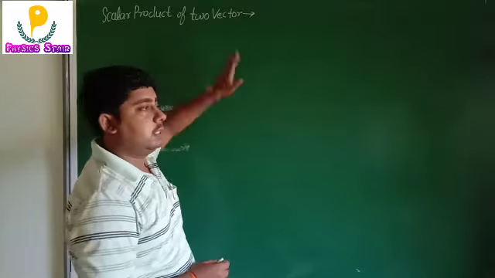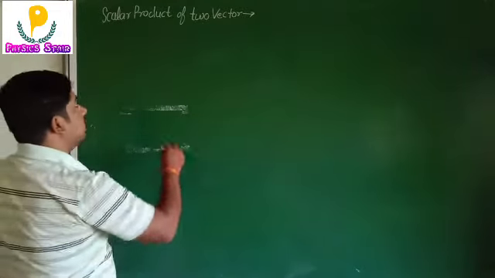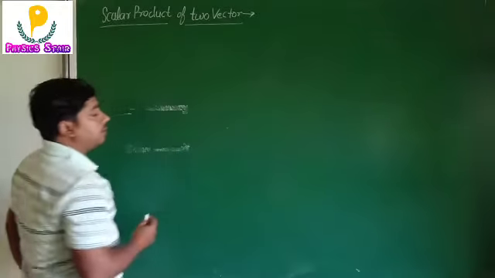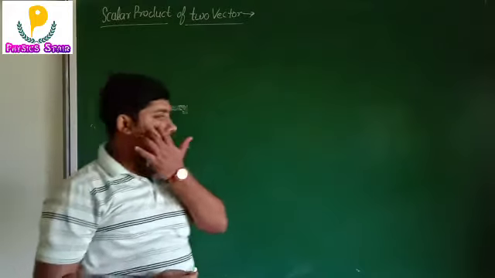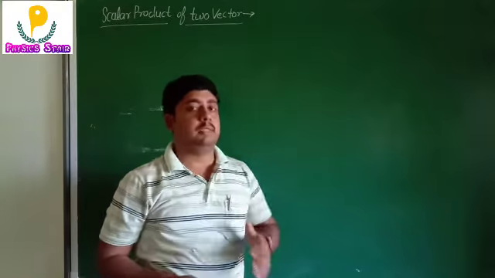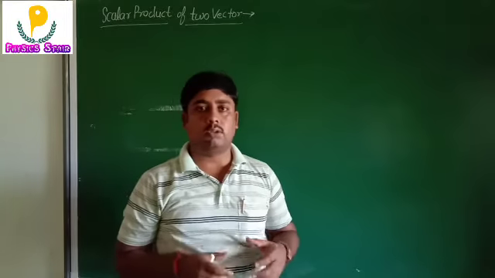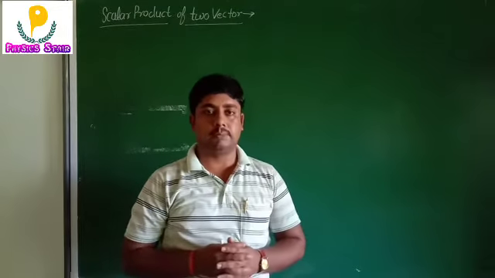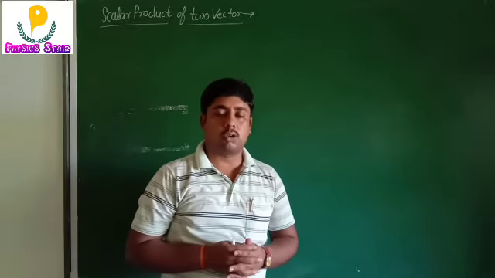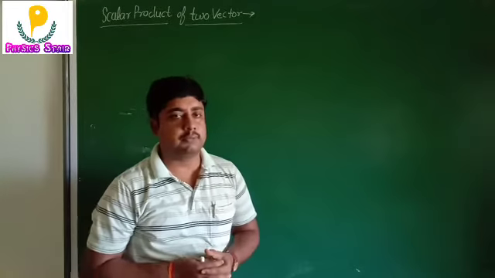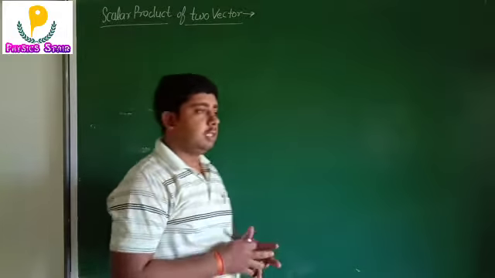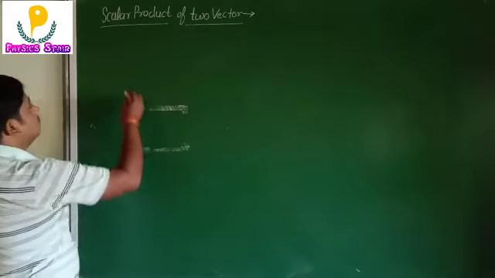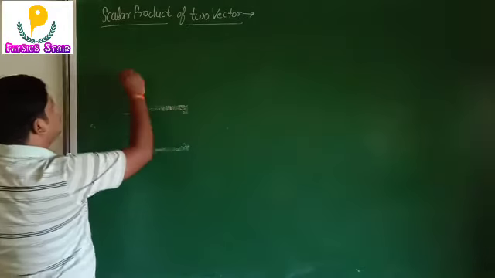For the scalar product of the two vectors, we can write the definition. Here we have taken the two vectors, and if we take the product of the two vectors, that will give a scalar quantity. That's why it is called the scalar product of the two vectors. So for that we can consider here the definition. Scalar product of the two vectors,